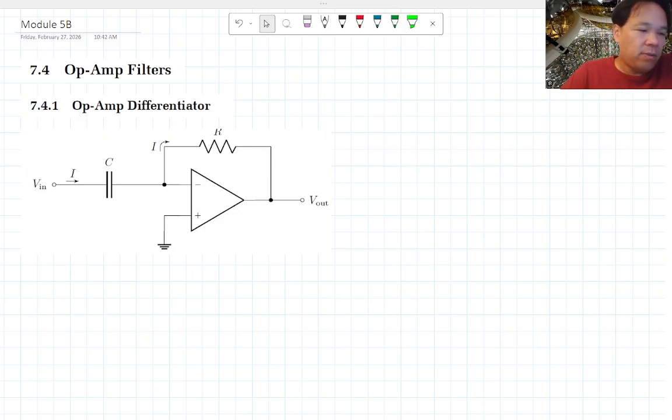Everyone. So this next section, 7.4, is going to take up the entire, hopefully 30 minutes of this video. So this is 7.4 in Steck. And it's going to focus on one of the applications of operational amplifiers, which are op-amp